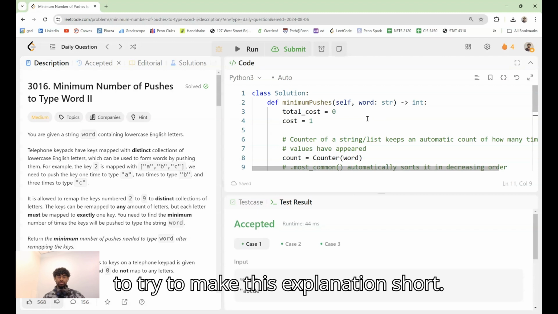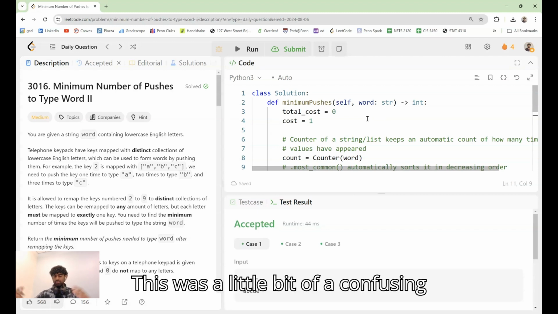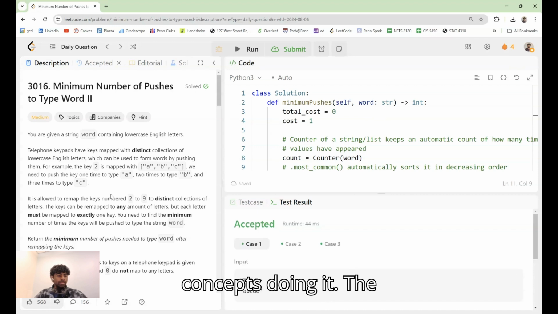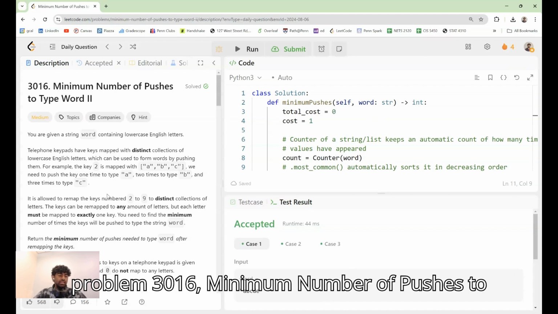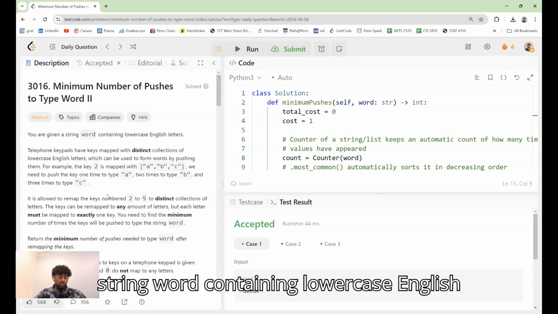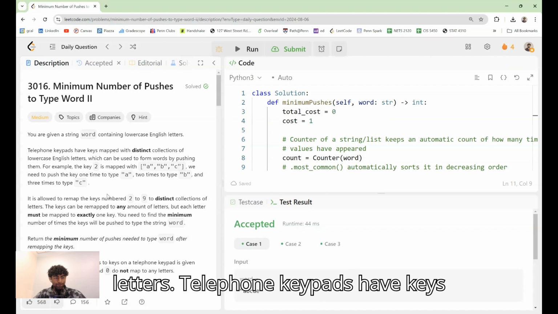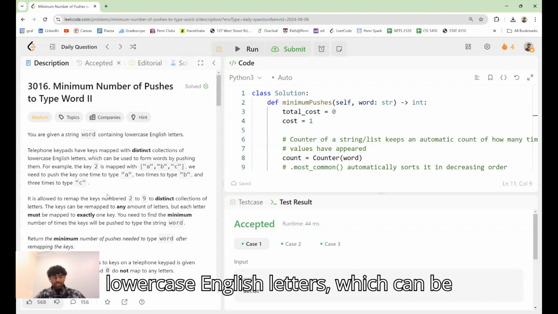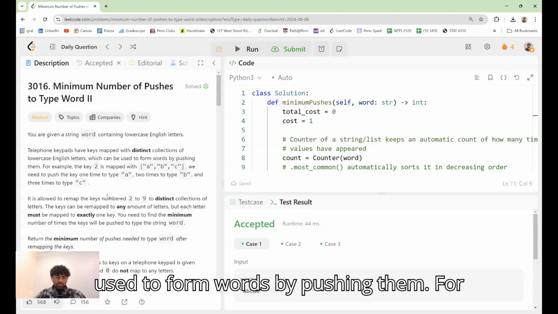I'm gonna try to make this explanation short. This was a little bit of a confusing problem, but I learned a lot of new concepts doing it. The problem's 3016, Minimum Number of Pushes to Type Word II. You're given a string word containing lowercase English letters. Telephone keypads have keys mapped with distinct collections of lowercase English letters, which can be used to form words by